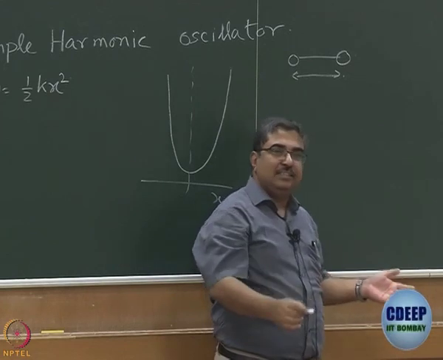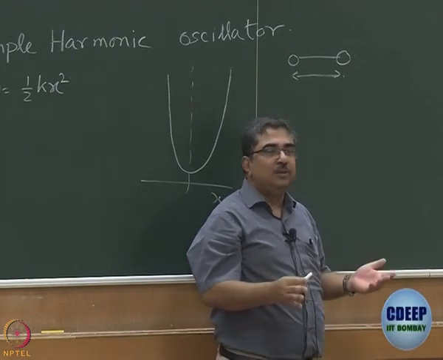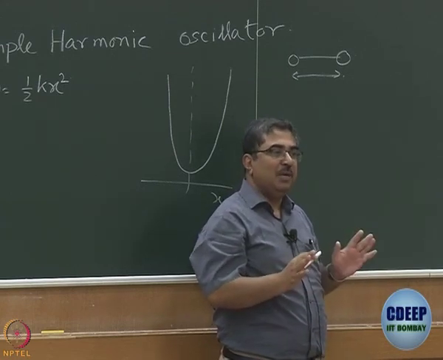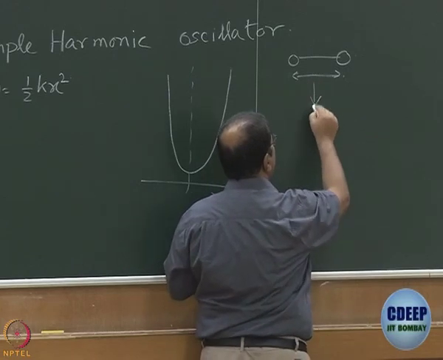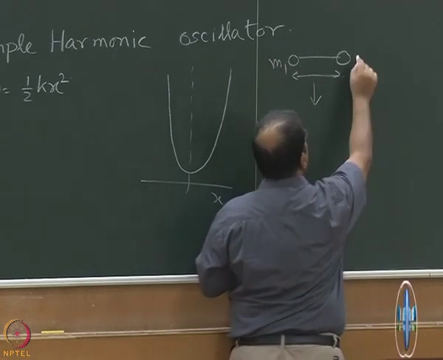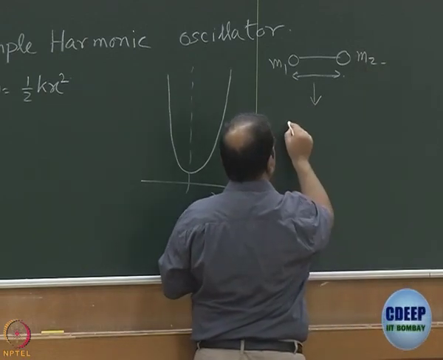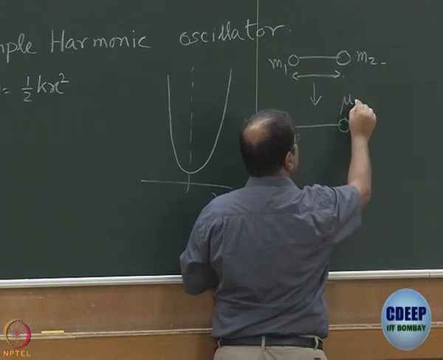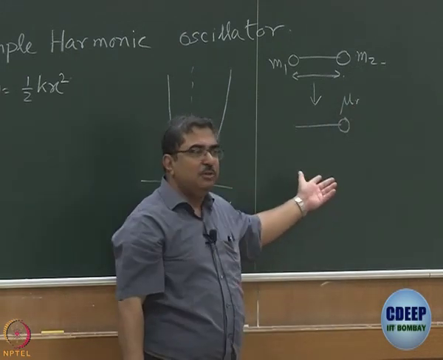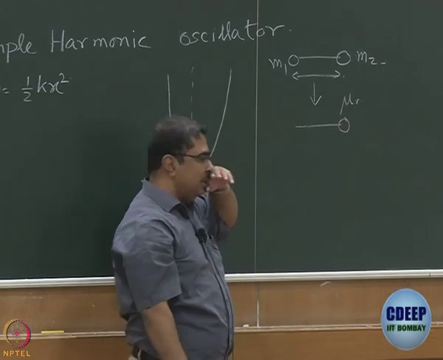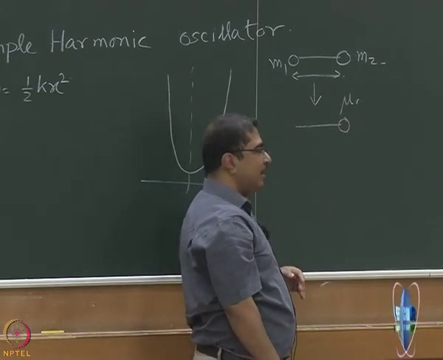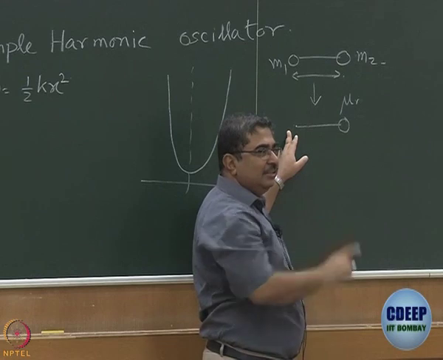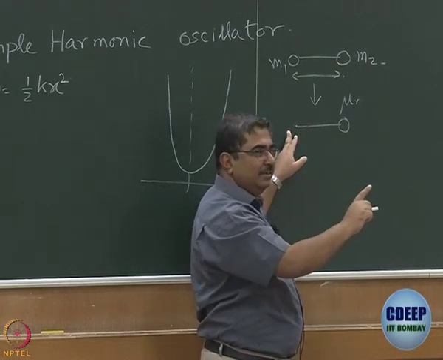As we have discussed several times in the previous classes, you do not want to handle two body problems. Wherever possible, you want to reduce two body problems to a one body problem. So, what does this reduce to? Let us say this is m1 mass, this is m2 mass, it reduces to one mass of reduced mass mu. I will just write mu r here, because again I am going to use mu for dipole moment, I do not want you to get confused. So, let us say mu r is the reduced mass, and it is attached to a massless center, vibrating with respect to that.